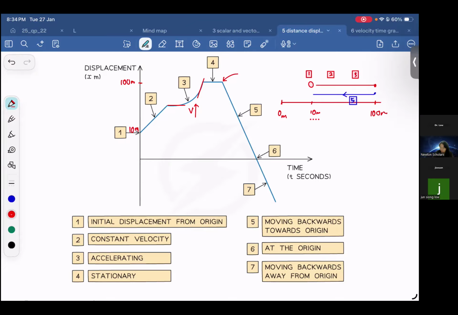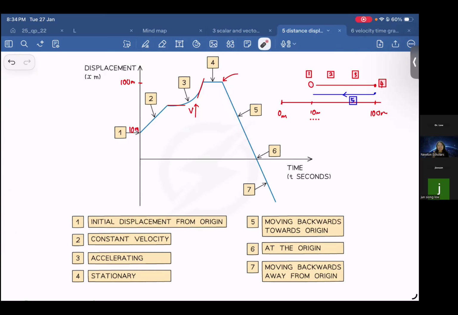Okay, until here it rests for a short while for number 4. From 5, it is moving backwards. Here, if you try to find the gradient, it's a straight line. So how does it move? Constant velocity, because constant gradient. But if you find the gradient, you get a negative